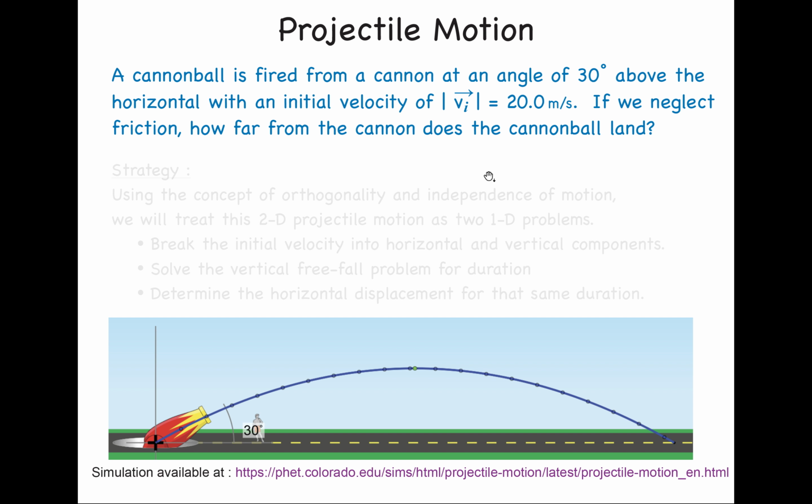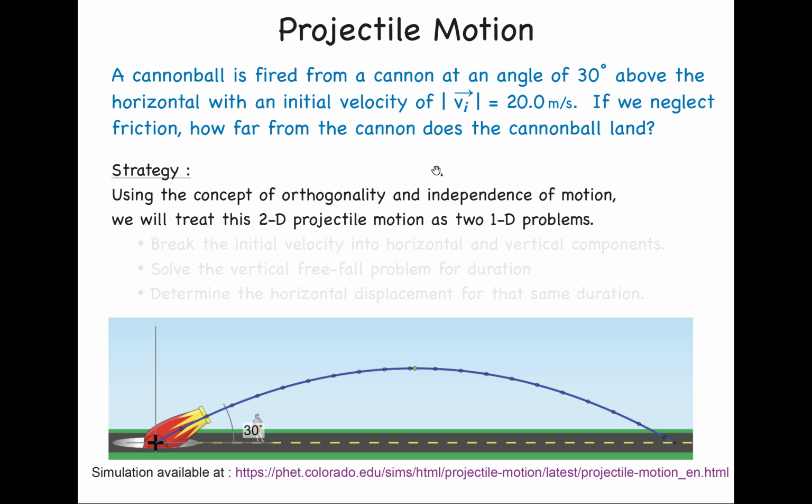Right, so the strategy is that we are going to use the concept of orthogonality so that we can treat this curved path trajectory as a set of two 1D problems instead of a full 2D problem. The idea is to take the initial velocity which we're given and break it into an x component and a y component. So then we know that because they're independent, we have a problem where it starts off with a certain x velocity and it travels a certain distance in x,